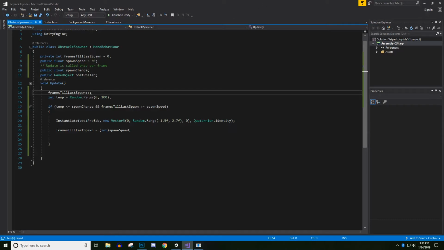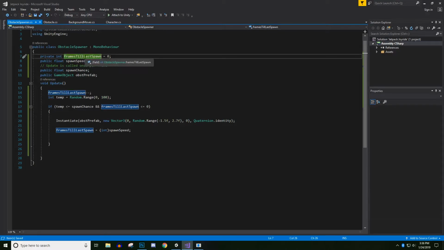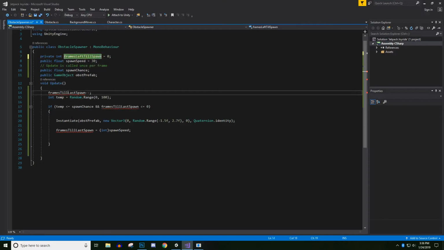No, we'll do minus minus, and we need to make sure it's less than or equal to 0. So it's not frames till last spawn, it's frames left till spawn. You don't have to rename it, I'm just renaming it so it's more convenient. Control C, Control V,